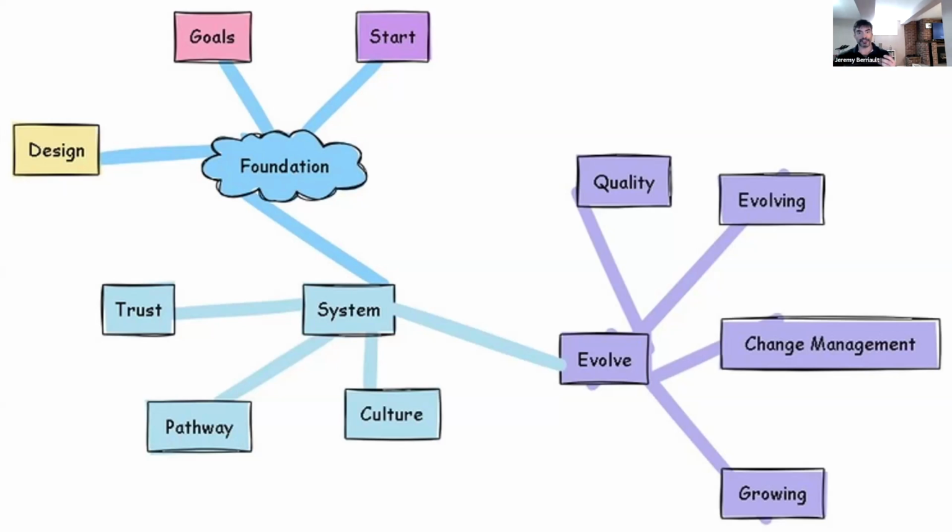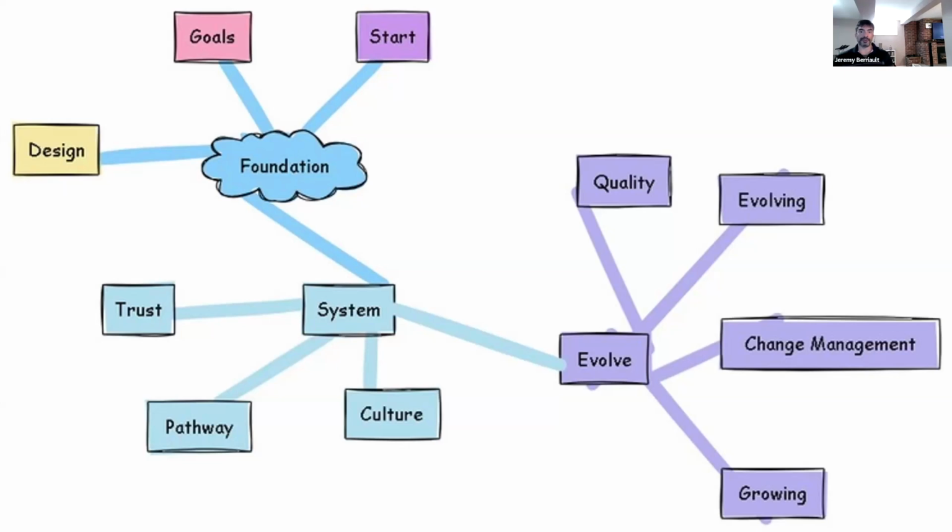But really, as we go through this, you'll see there's the foundation, then you get the system when you start getting the engine running. And once the engine is running and you're at the right altitude, the team is humming along, then you start evolving. You'll see how it all ties in, especially from the standpoint of building that enclosure. I'll be talking a lot about zoos and a lot about agile environments. So it should be fun.